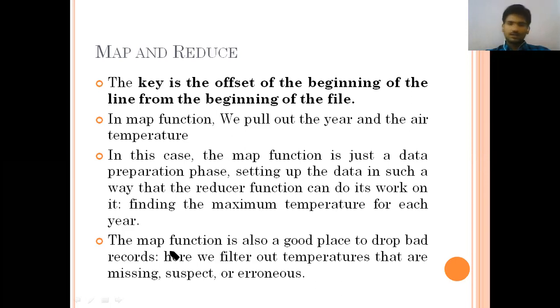We don't have a temperature in a particular year. It may be high or it may be low, we don't know. So if we are going to make the data into the output manner, we don't have a particular process. So how to do it? We don't have any specifications. That's why such bad records are going to be eliminated in the mapper function itself, in the mapper phase itself.